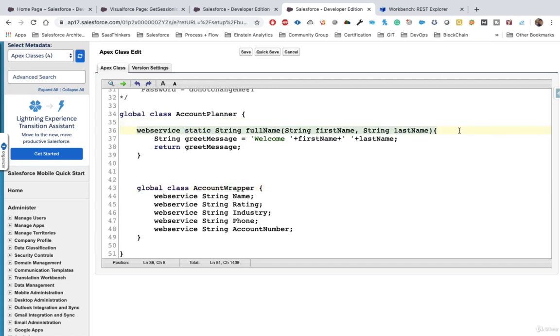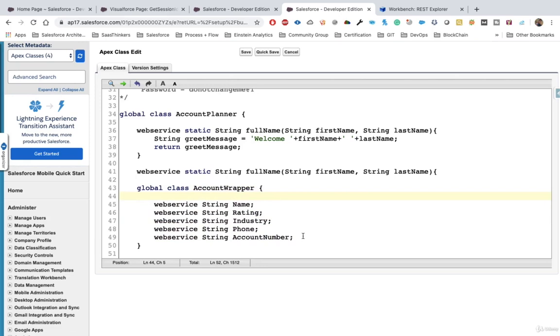We need to quickly create a method that will have the web service keyword, and for our wrapper class as well we must define our variables with the web service keyword. Why do we need to define the keyword as a web service for a variable here? So that we can get access to these variables outside of our Salesforce environment, and then we can send the values for these variables. Now I will say here createAccount, and instead of this string type of parameter